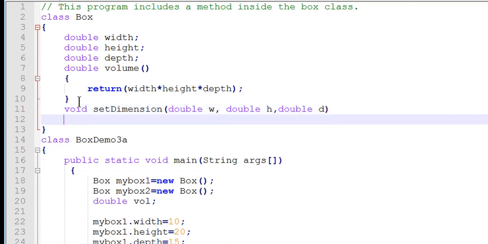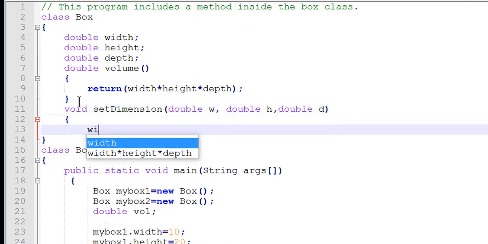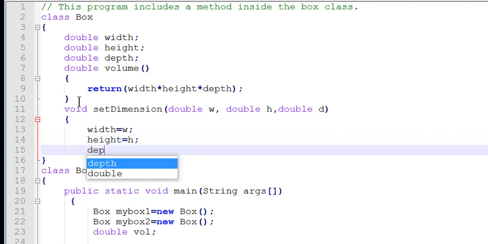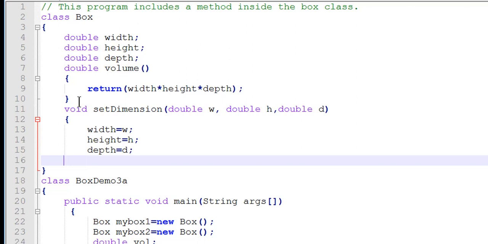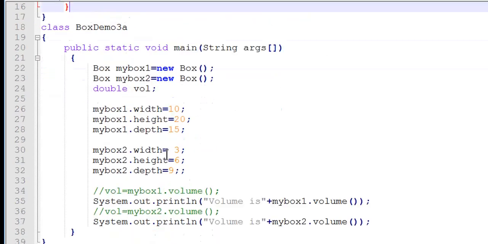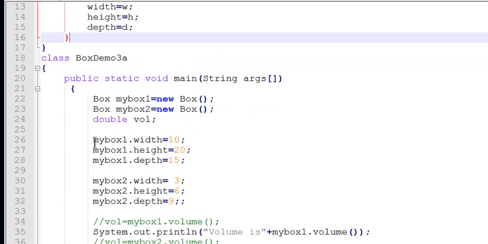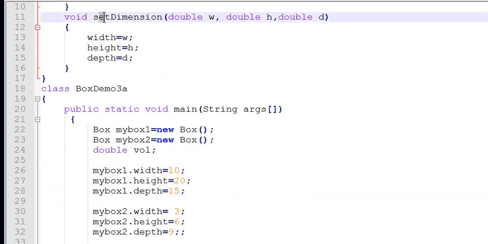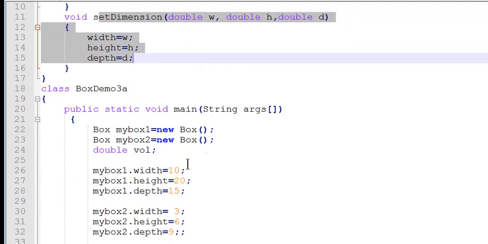So the code we can give here is width is equal to w, height is equal to h, and depth is equal to d. How we can modify the same program which we discussed earlier: instead of these three lines assigning values to the instance variables, we can use this method setDimension to assign values for the instance variables.